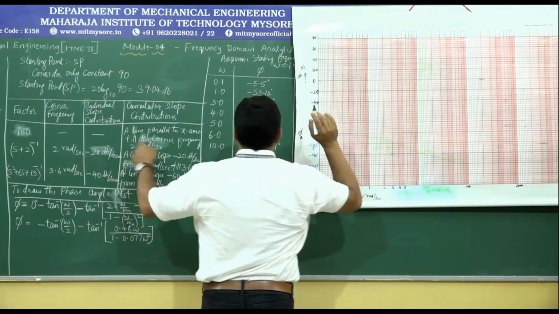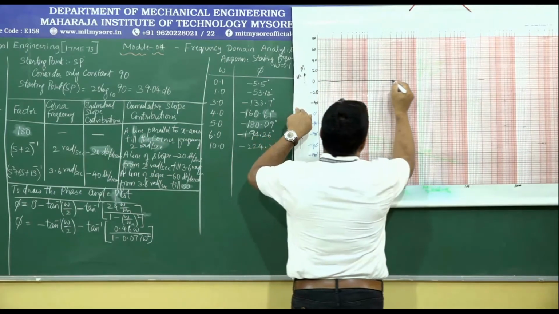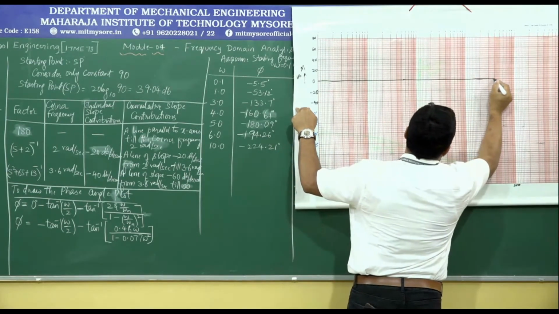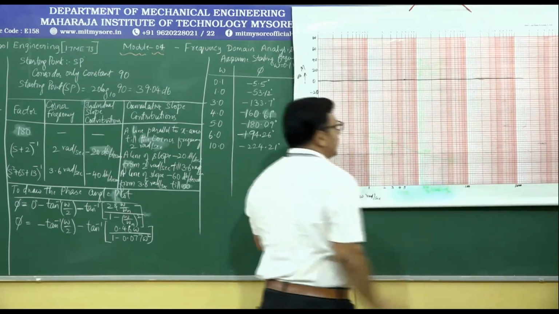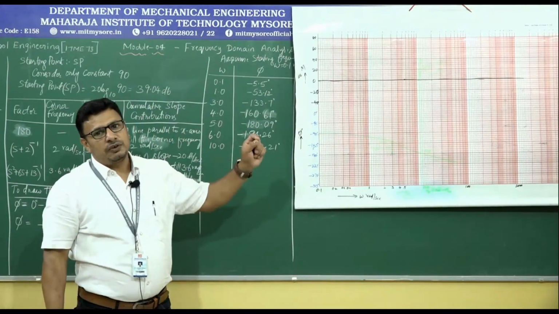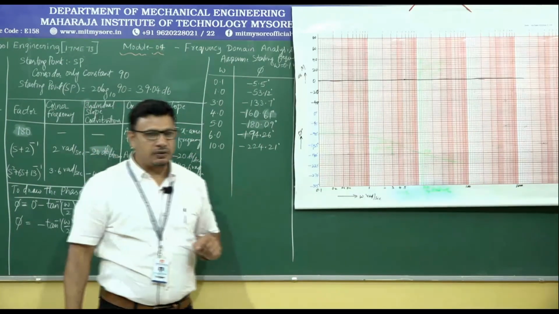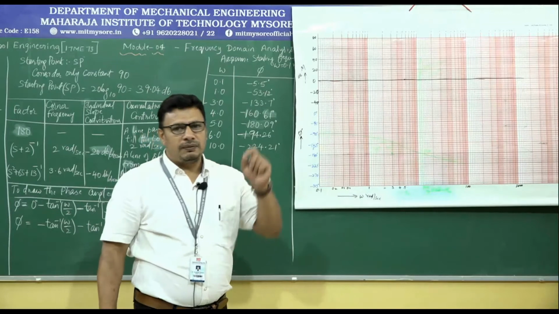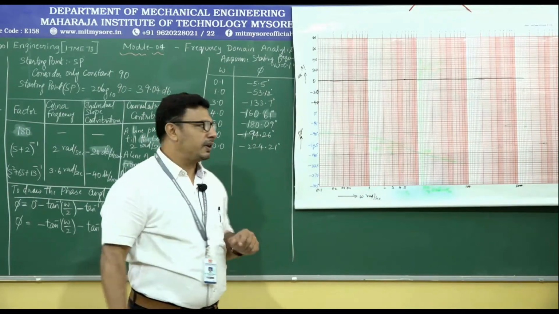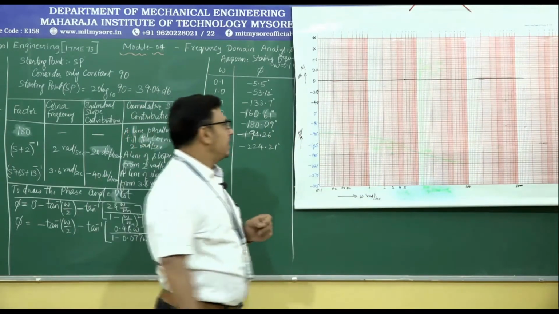See, what is the starting, and 0 decibel line, as I have been repeatedly mentioning this, 0 decibel line is to be considered as the reference line, because it is 0 decibel line in magnitude versus frequency plot, where the magnitude plot intersects 0 decibel line. That point is called gain crossover point. And gain crossover point, if we draw a vertical line onto the phase angle versus frequency plot, that will give us the phase margin. That is why 0 decibel line is to be considered as reference line.